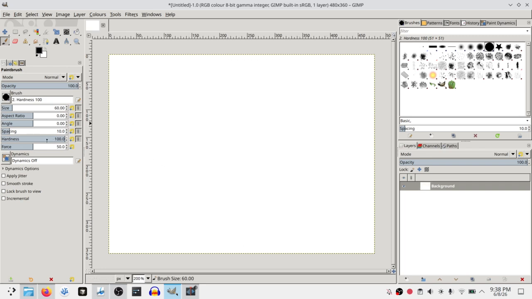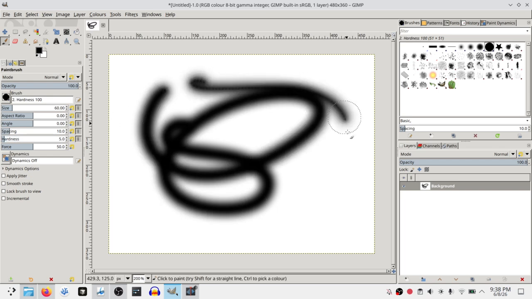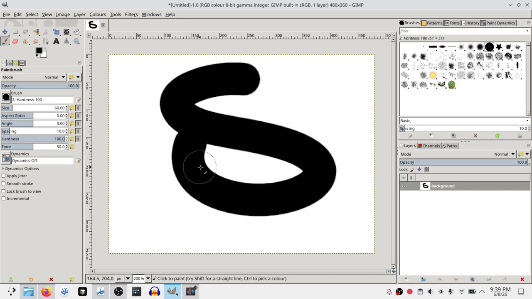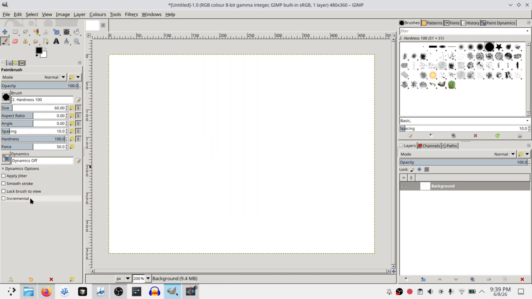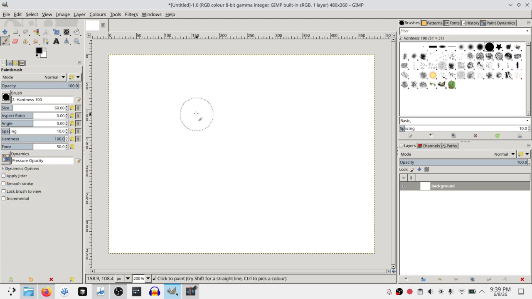You can also configure the hardness of the brush, which is how smooth it appears, like this. But the most important thing I want to draw your attention to is this dynamics menu, because it's very poorly communicated. But this is the center of how brushes work in GIMP. So if I go to dynamics and I set the dynamics to pressure opacity, and I have a drawing tablet